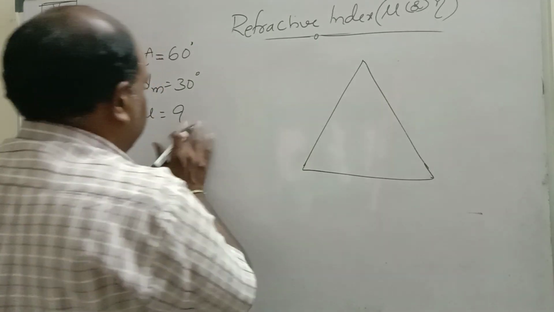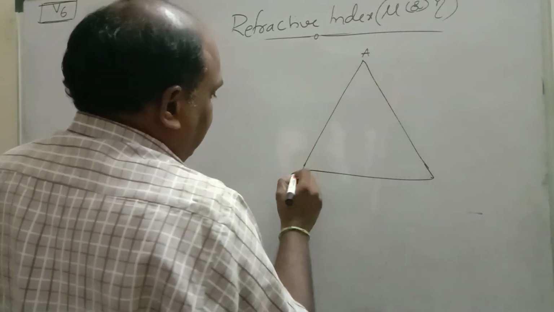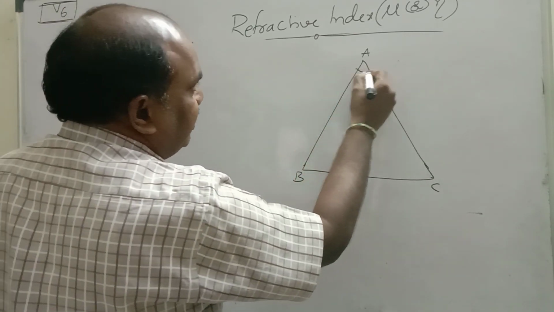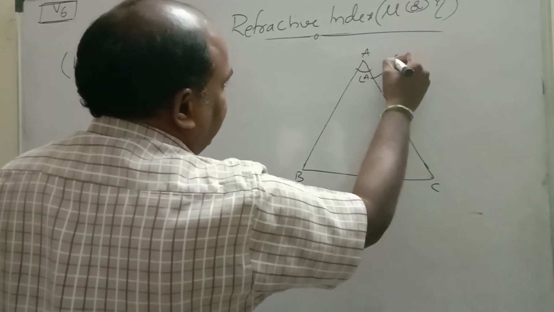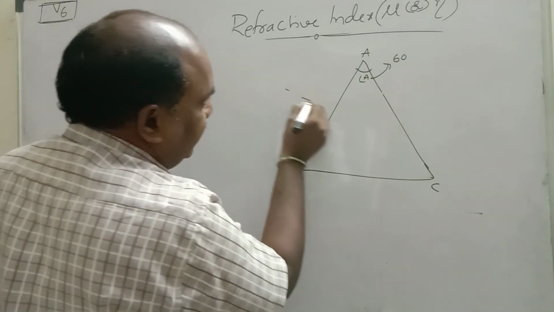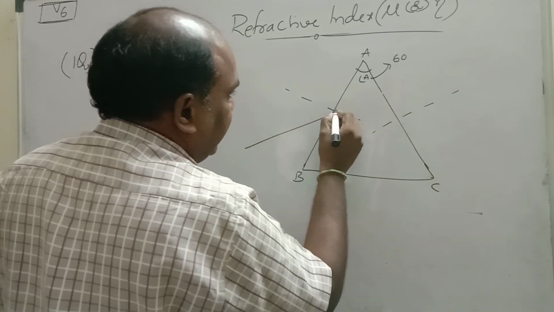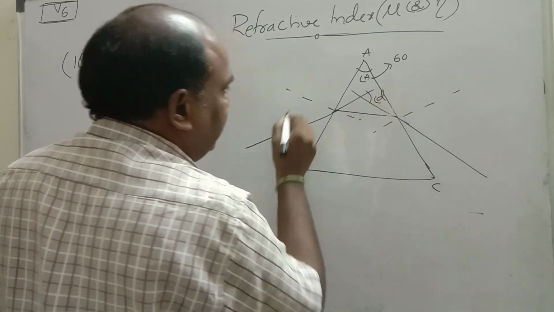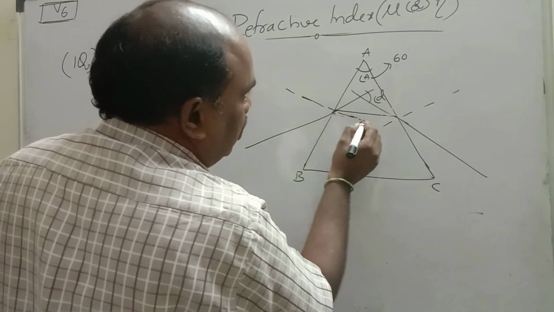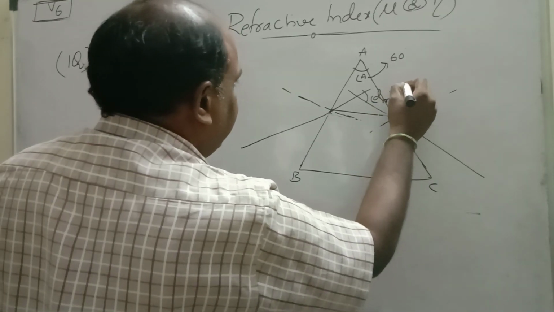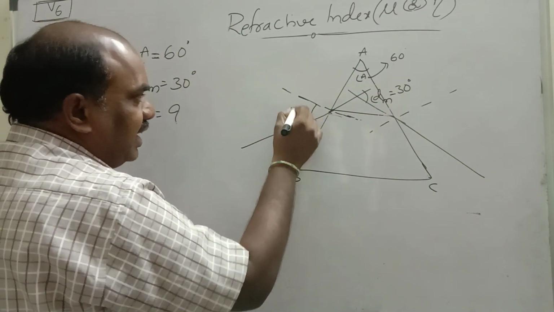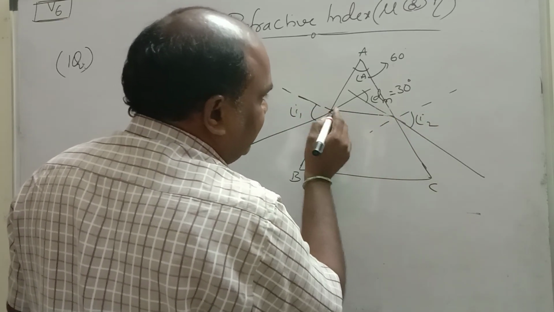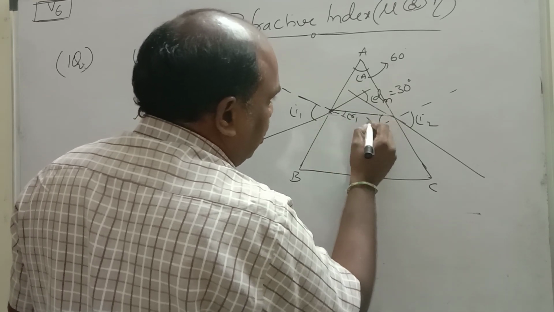See here. These are the prism terminals A, B, C. Now the angle of prism is given, that means this angle is given. Angle A is equal to 60 degrees. We have to find angle Dm. This is the normal. Incident ray, refracted ray, emergent ray. If you extend these two, that is called the angle of deviation. Minimum deviation is given as 30 degrees. Minimum deviation means this angle and this angle will be equal. i1 and i2 will be equal, and the internal angles also will be equal. r1 and r2 also equal.